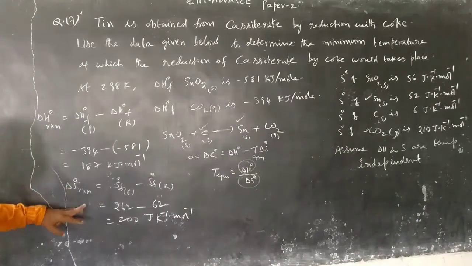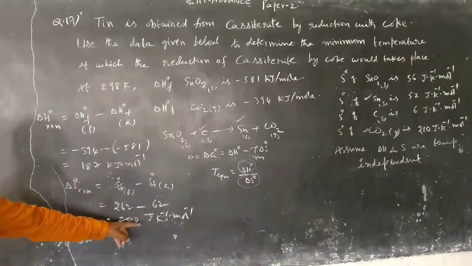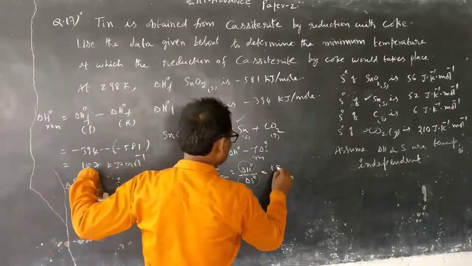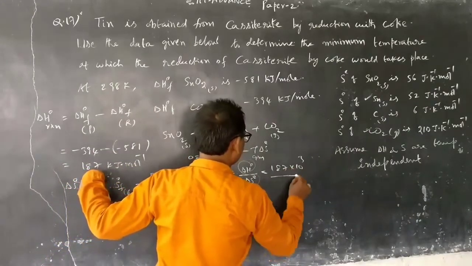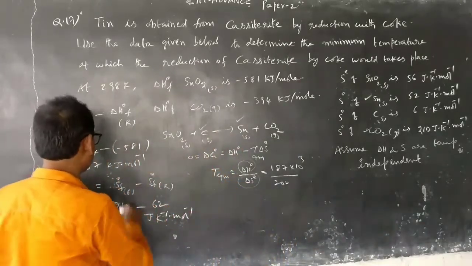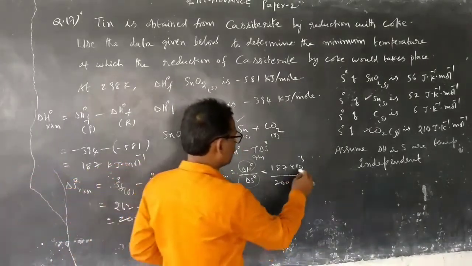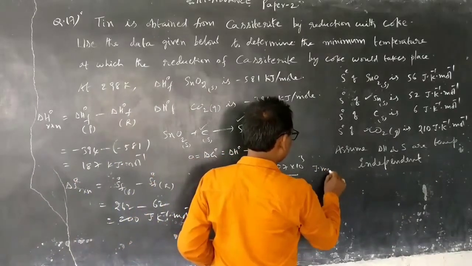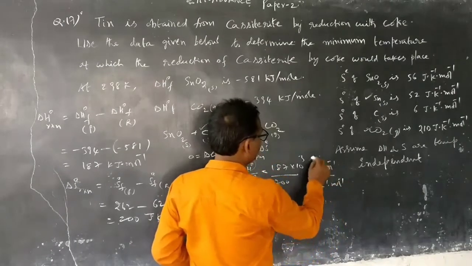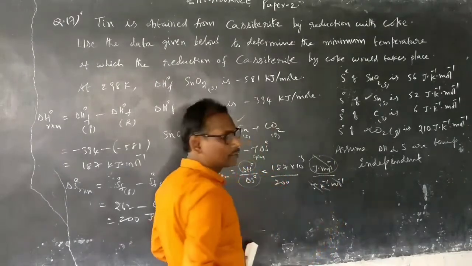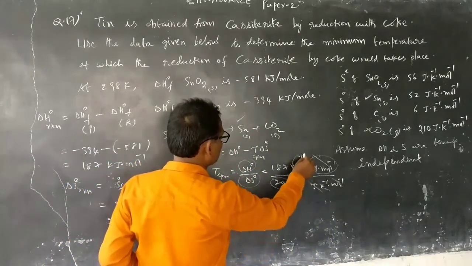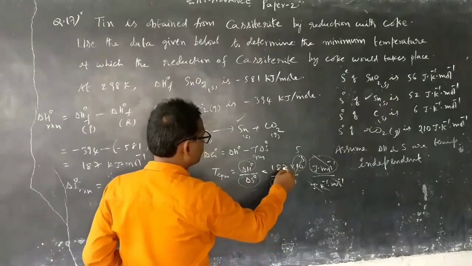Okay, the enthalpy change of the process is in kilojoules and the entropy change is in joules. That's why we get this: it is nothing but 187 into 10 power 3 divided by 200. The numerator is joule per mole, and the denominator is joule per Kelvin per mole. That means the unit is going to be Kelvin. That is nothing but around 935, so about 5 times of this one.